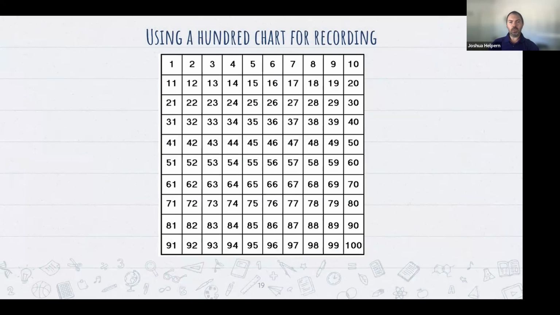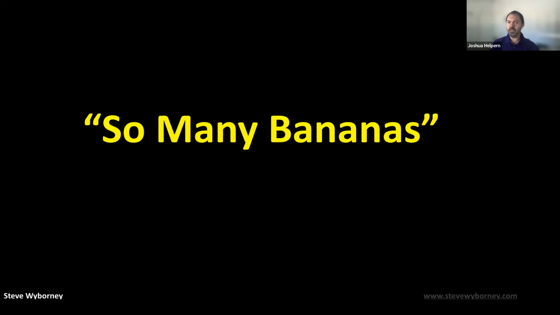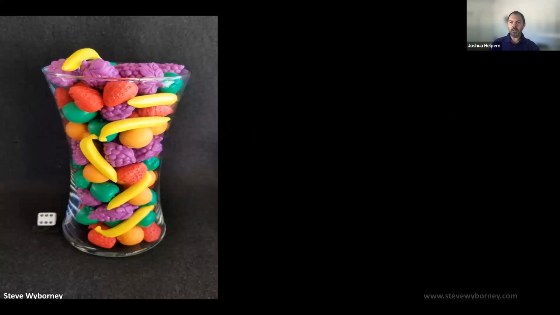And so his estimates are somewhere between 1 and 100 that they're going to be doing. And so I'm going to take you through an Esther mystery so you can see how this works. The one we're going to be doing is called So Many Bananas. He brings up the initial image, and in his older ones, you'll just have the image and the Esther mysteries. In his newer ones, he's got an interactive to go with it.